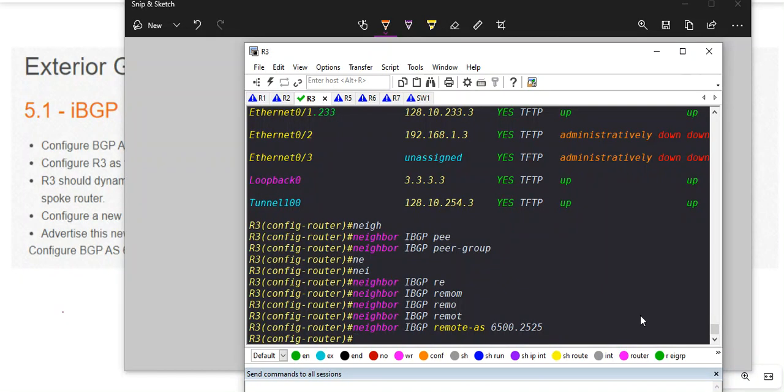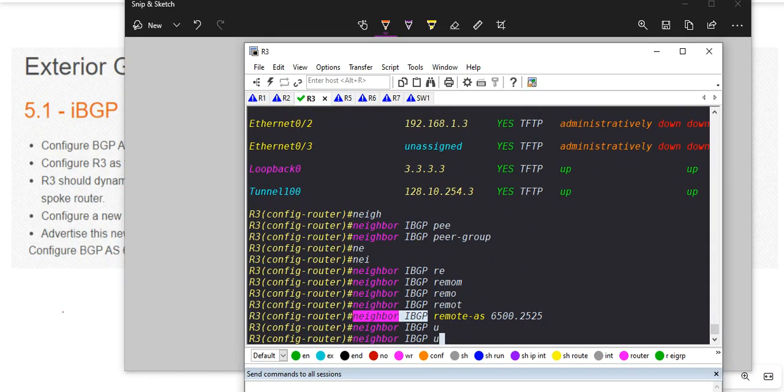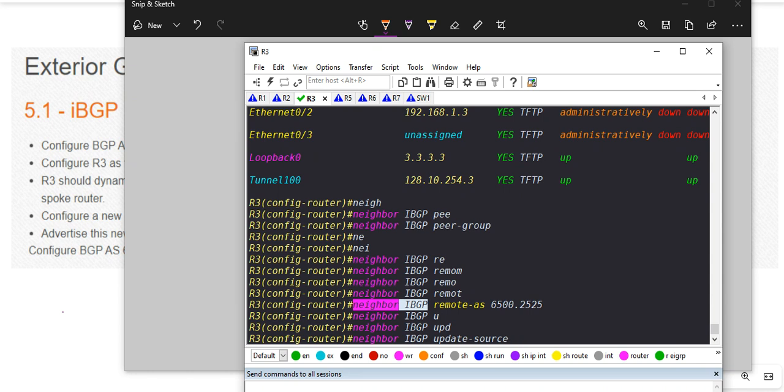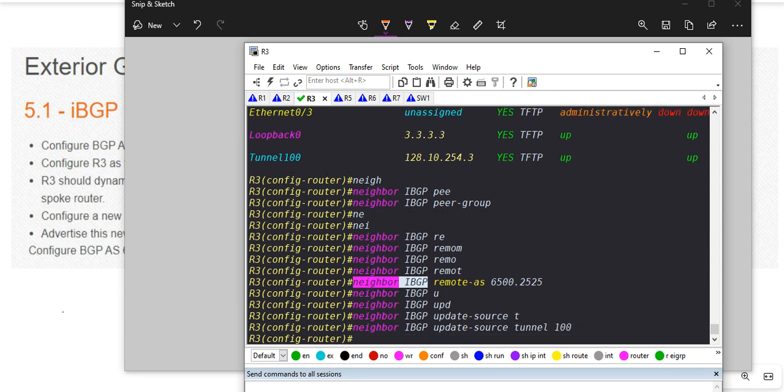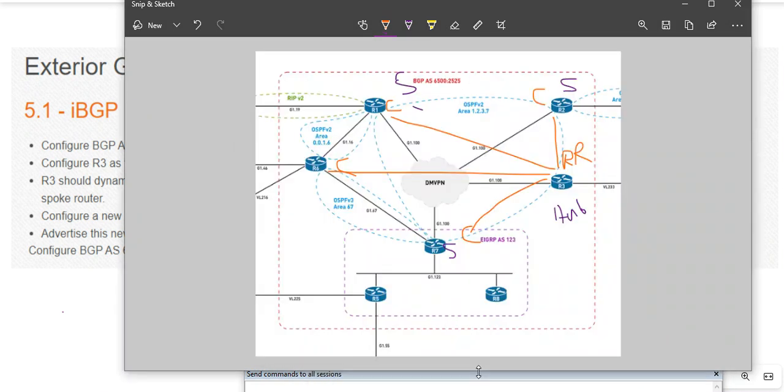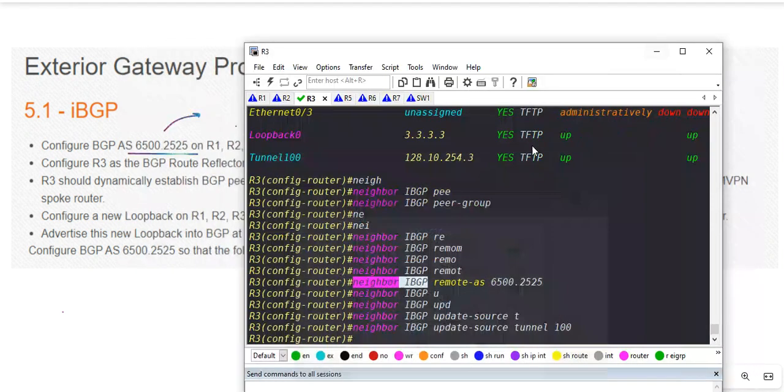Then I will use update source on our tunnel interface instead of our outgoing physical interface. Then type neighbor update source. So tunnel 100. And RT is our route reflector. These are route reflected, and then I have to come with the command. Keep in mind the neighbor,